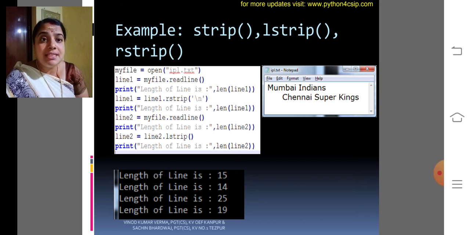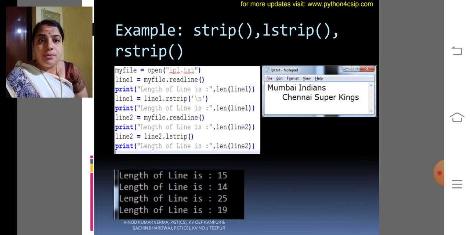Print the length of the line. Look at the output. The first one is 15. Actually it has only 14 characters including \n.